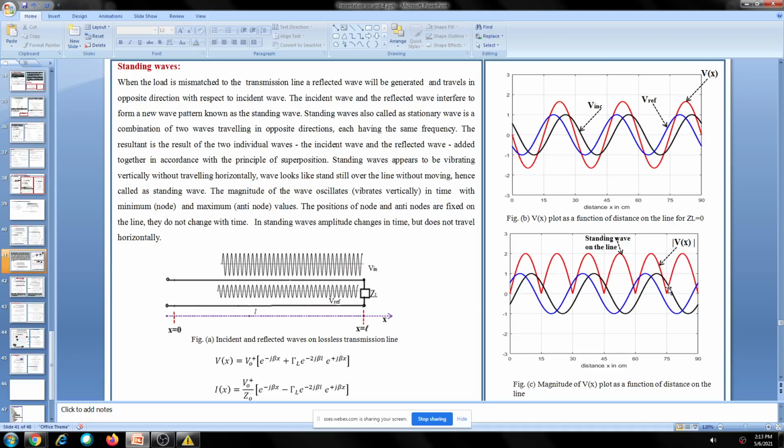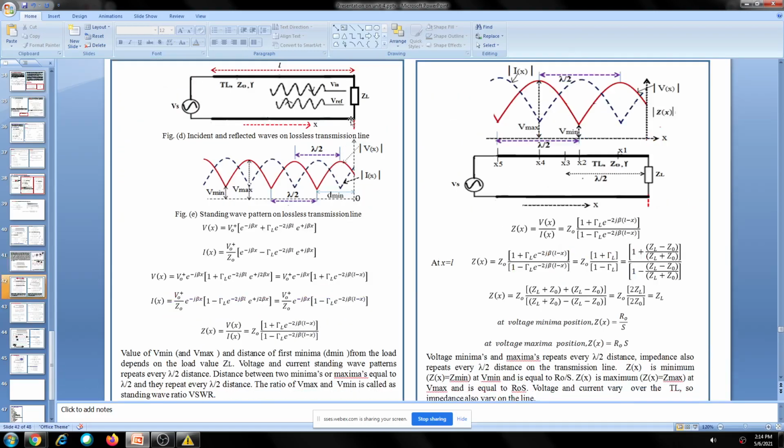This is the voltage variation. Similarly, current also varies over the transmission line, and the current variation is opposite to the voltage variation. I have written it like this here. This is the load point, for some load ZL not equal to 0. There is no short circuit, some other load is there, so the voltage is neither a maximum nor a minimum at the load point. Some other load value is there, but you see the voltage increases and reaches a maximum here, and decreases to a minimum here, but not coinciding with the 0 axis.